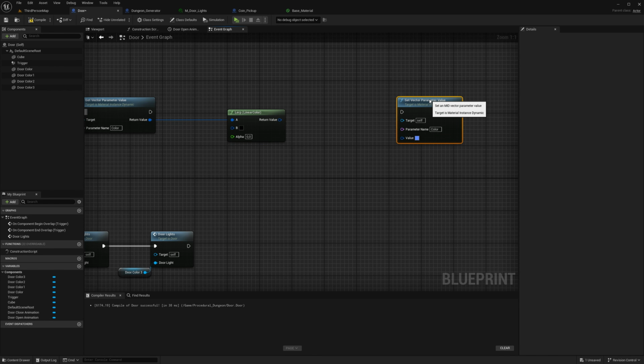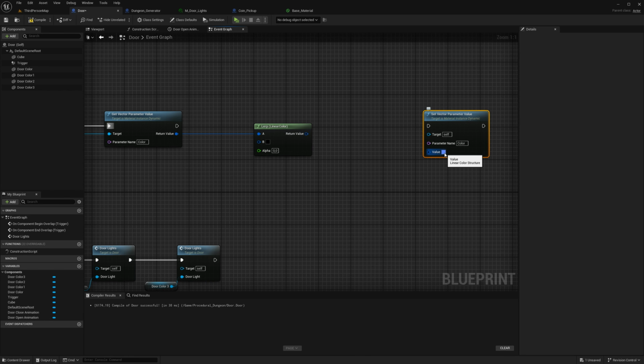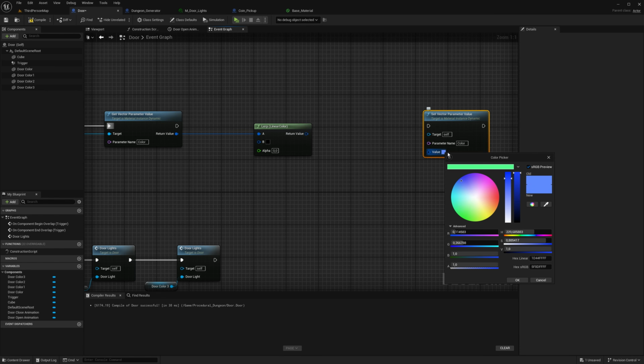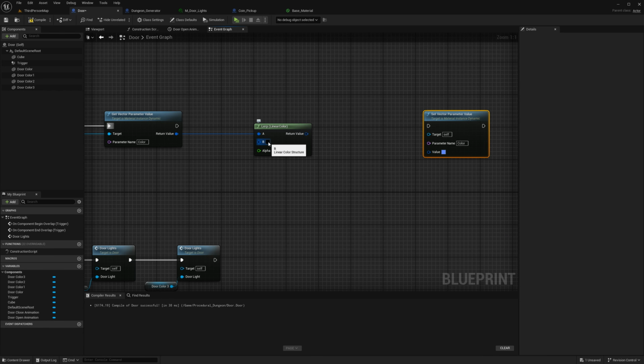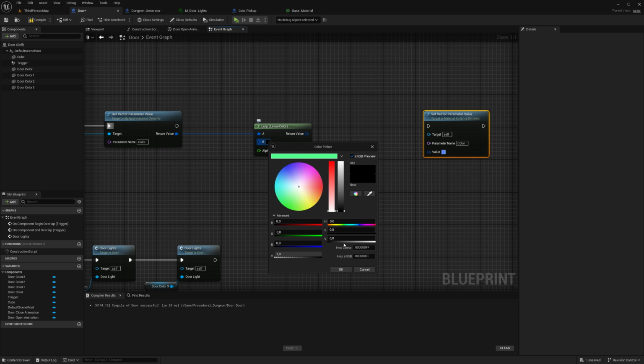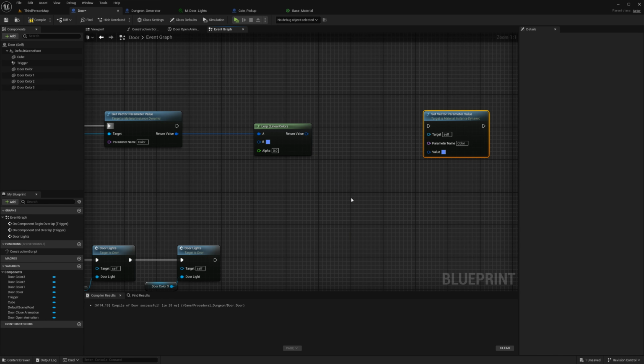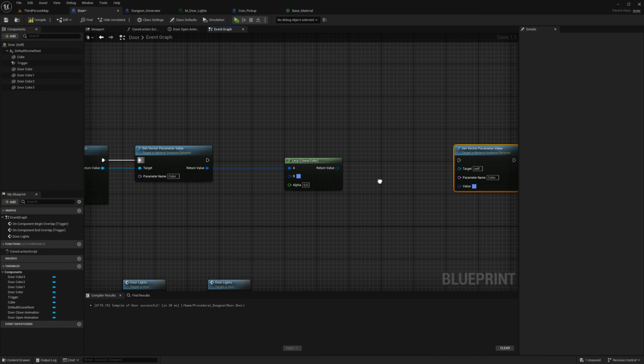We cannot copy it, of course, that would be too easy. You can click the value, then you can copy this sRGB code, Control C, click on the black color here and paste it in here, Control V, and OK. Then we get the exact same color.